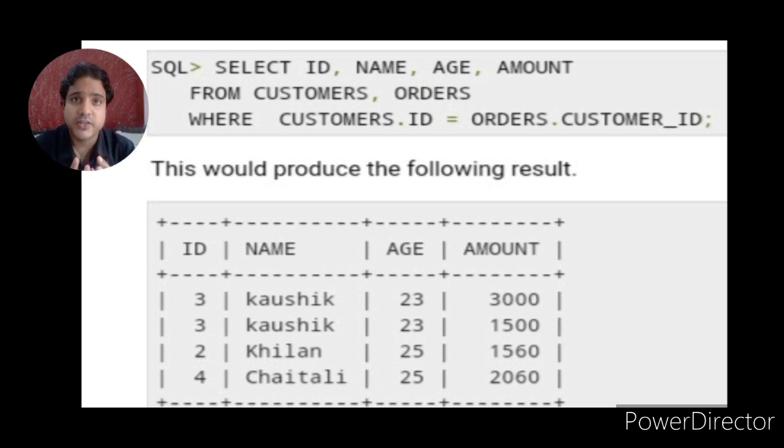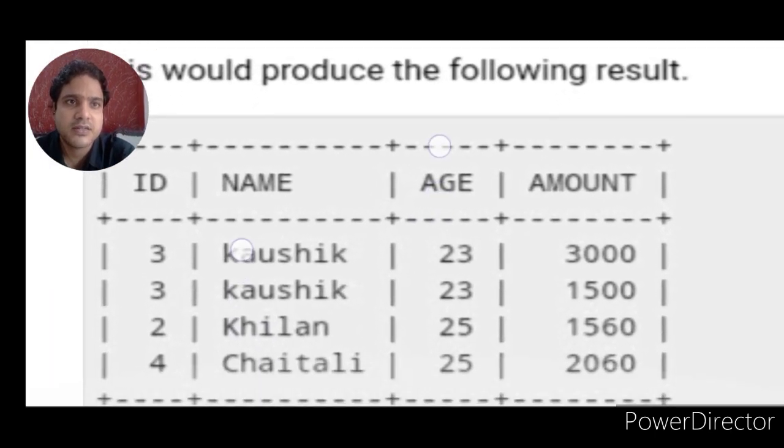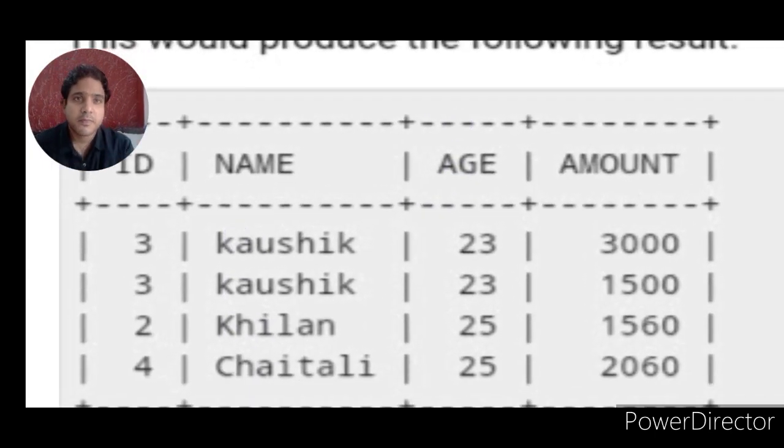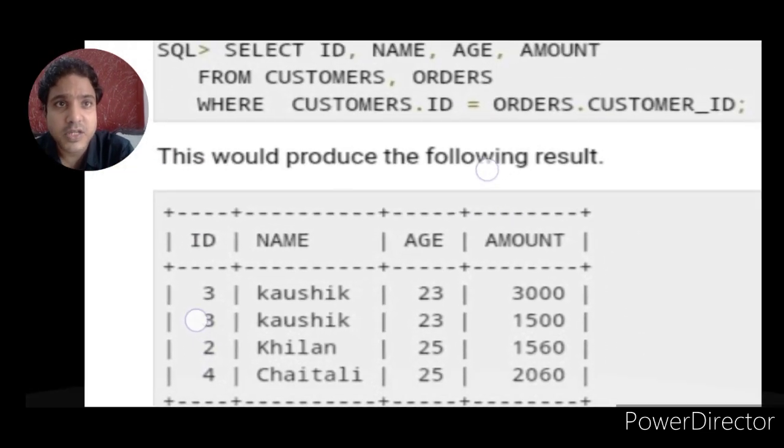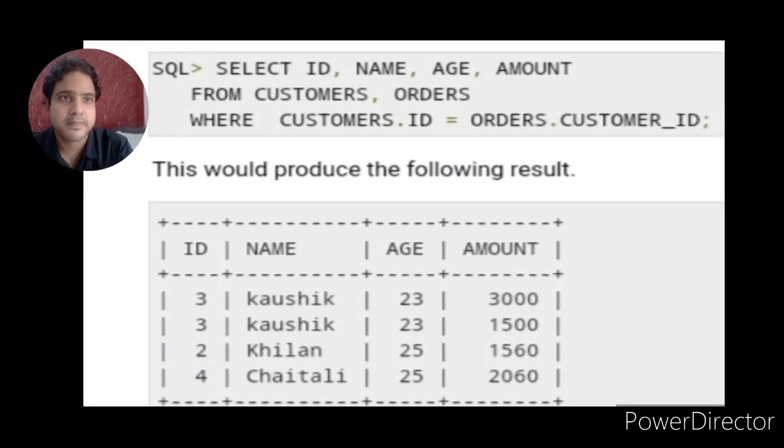If both IDs are matched, that will represent the output. They will join the tables in such a manner. It means the user can view the selected attributes along with the values after the joining: ID, name, age, and amount, and the information according to the conditions where the two tables are matched.